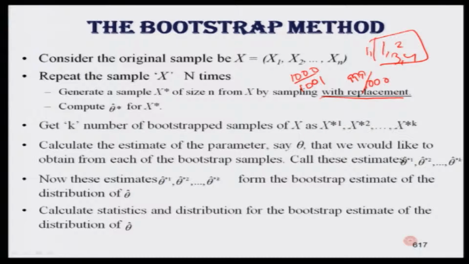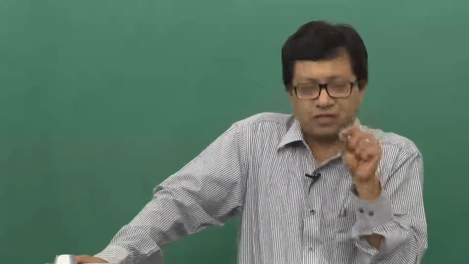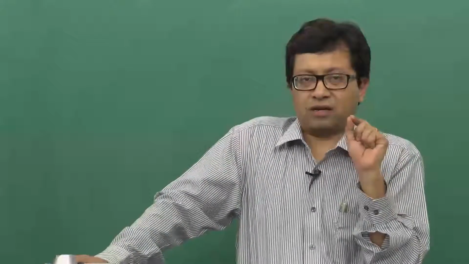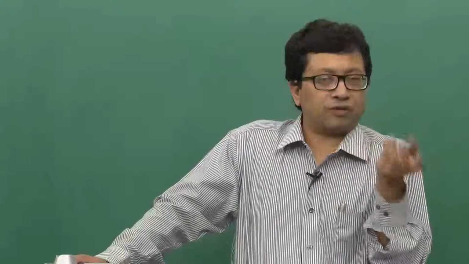Now once you have done with replacement, what do you have? You have picked up a sample of size small n, and you basically repeat it capital N number of times. What I am saying is that in bootstrapping you note down the characteristics of the first sample of size n which you picked up. The characteristics may be mean, median, mode, whatever you want to find out; note